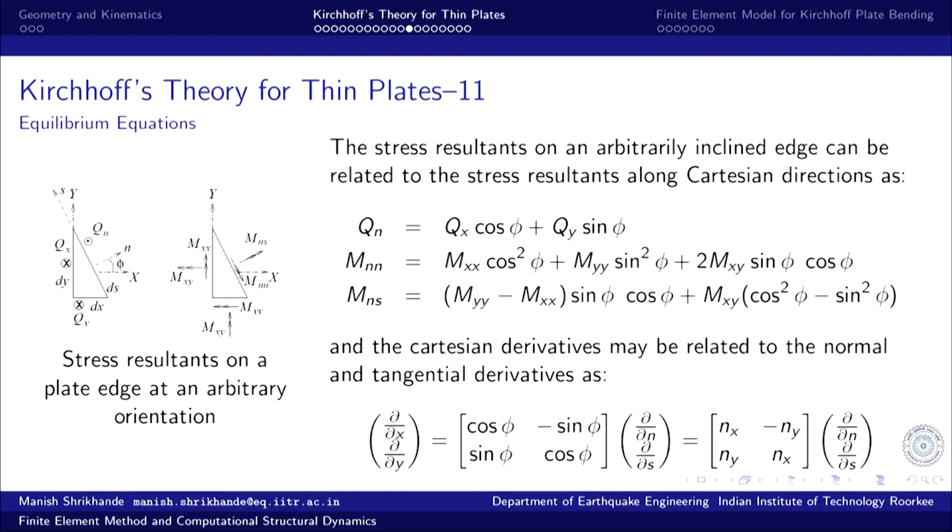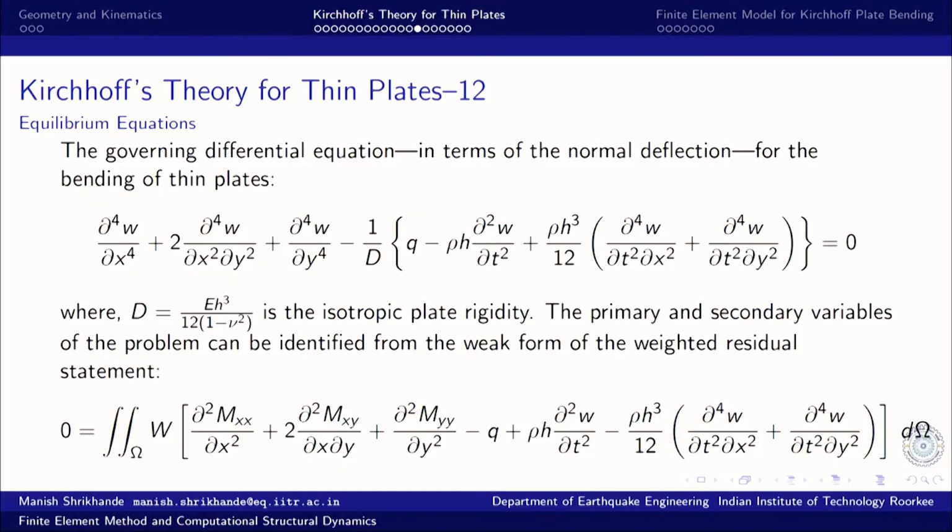The Cartesian derivatives can be related, similar to the Jacobian of the transformation, to normal derivative and tangential derivatives. So, eventually we